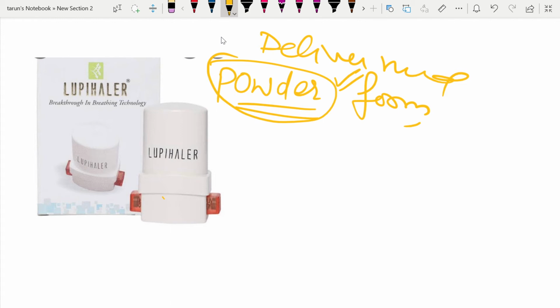The rotahaler, we then press these buttons, and the capsule inside it, that is the rota cap. The rota cap is placed inside the rotahaler. This rota cap has the medicine in powdered form, and when it is placed, it breaks the capsule. The patient inhales the powder in aerosolized form through the mouthpiece of the rotahaler.